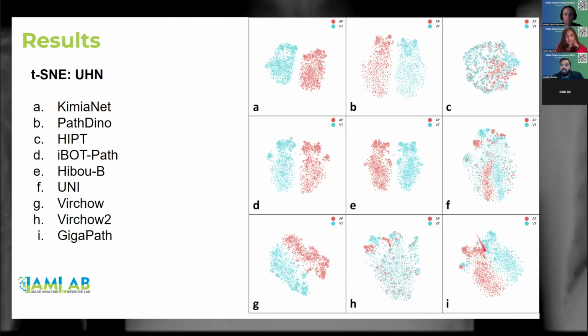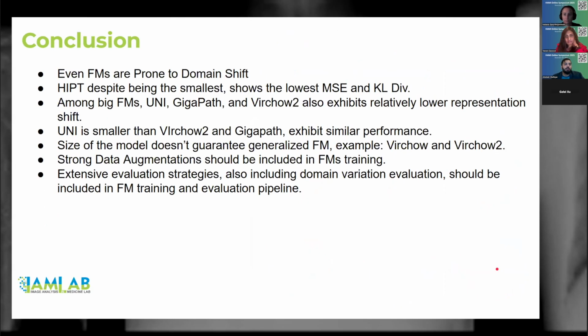So in conclusion, we have seen that even the foundation models are prone to domain shift, and HIPT, despite being the smallest model among all, has shown the lowest MSE and KL divergence. Among the big foundation models, UNI, GigaPath, and Virchow 2 exhibit relatively lower representation shift. UNI is smaller than Virchow 2 and GigaPath, but it still exhibits similar performance. So that means even if the model architecture is bigger,